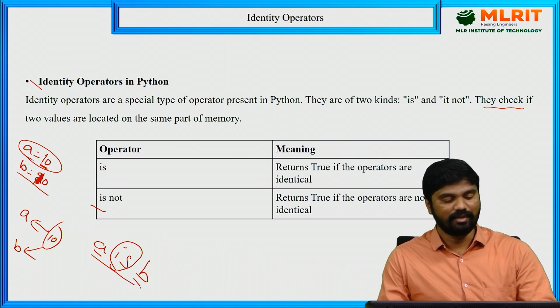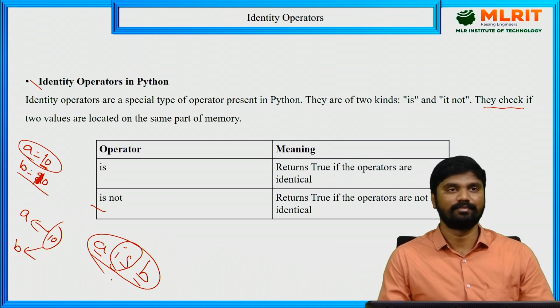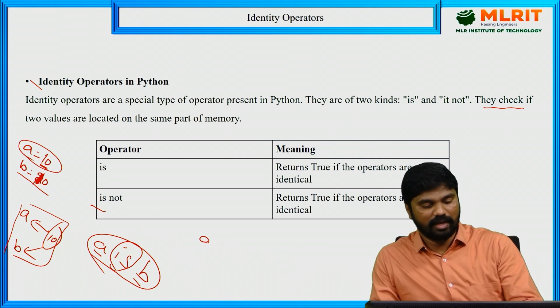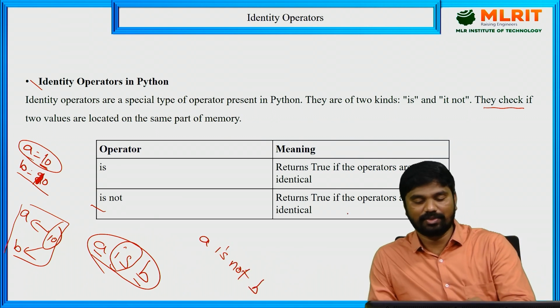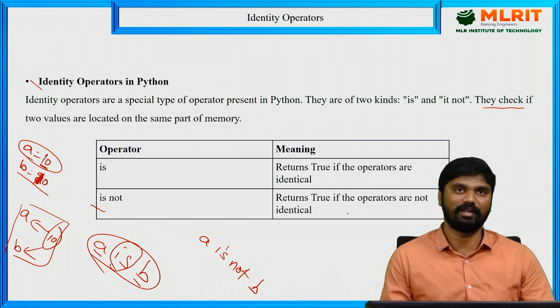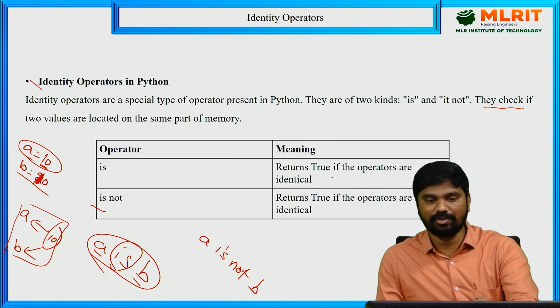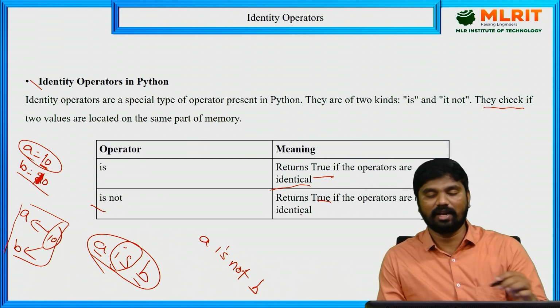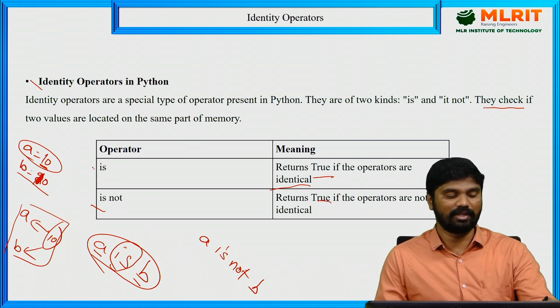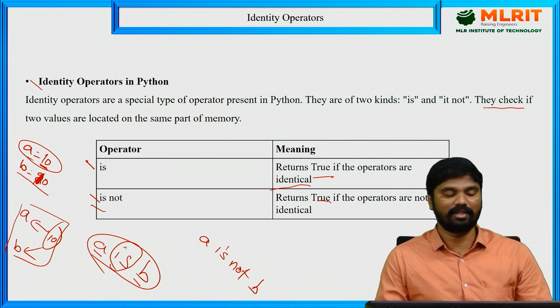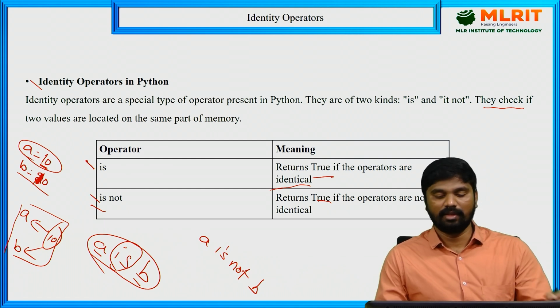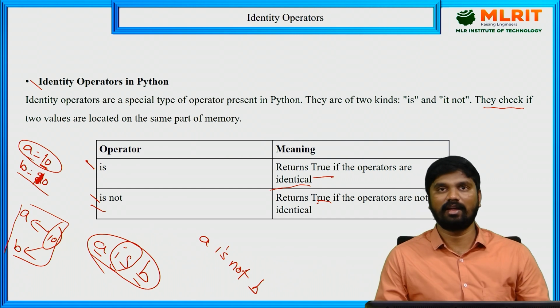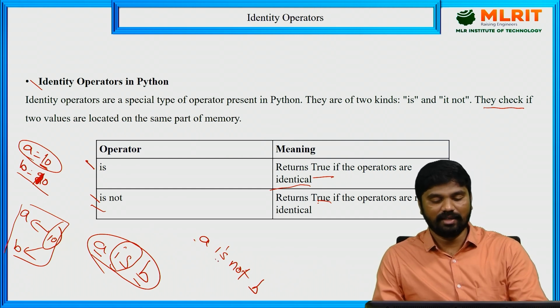That's why it returns true. According to this, A is not B. What does it do? It returns true if the operands are not identical. The is operator returns true if the operands are identical. The is not operator returns true if the operands are not identical, which means it is the opposite operation performed by the is operator. But for A is not B,